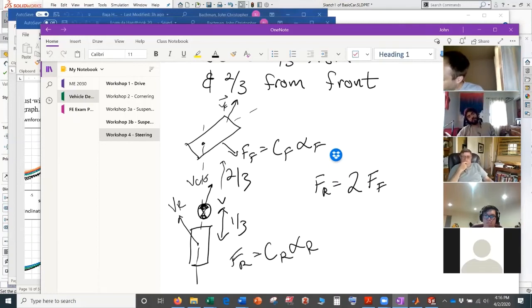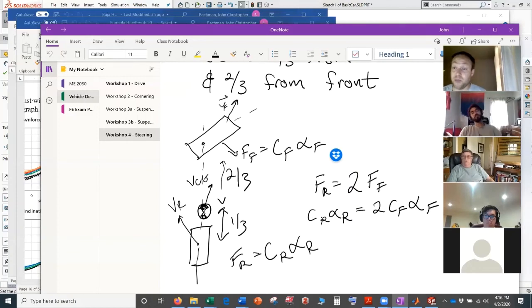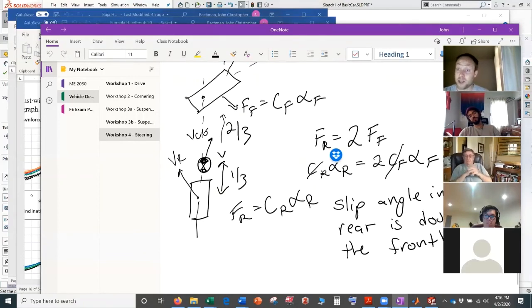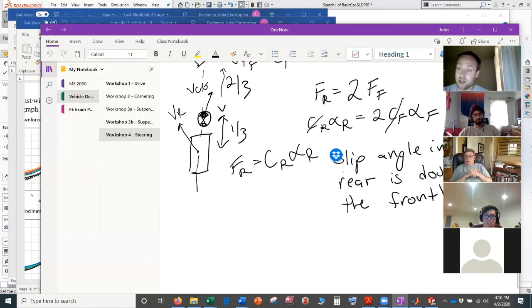if this is equal to the cornering stiffness of the rear times alpha in the rear, right? And this is equal to 2 times the cornering stiffness in the front times alpha in the front. And we assume that our cornering stiffnesses are the same. That means the slip angle in the rear is double the front. Right? So we need twice as much force in the rear. We need twice as much slip in the rear. It has to be slipping twice as much. Right? So what that does,